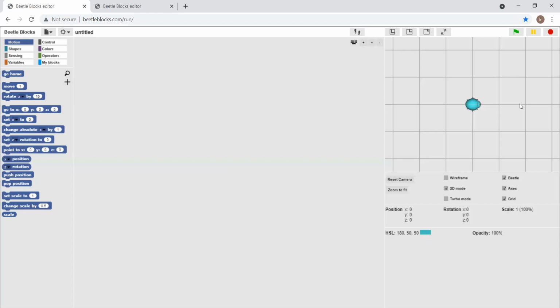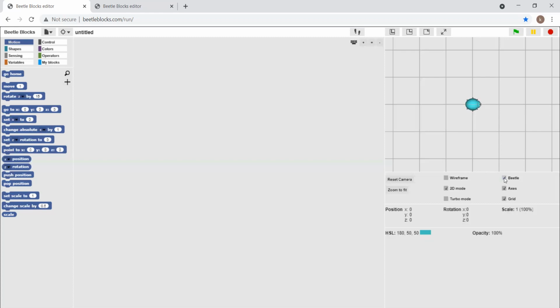It is also known as the results area, in which whatever code we have written in the programming area will produce the output, and here we mainly have the beetle. This is known as the beetle. We have an option to turn off the beetle by simply disabling this beetle checkbox. If we disable the checkbox, the beetle will be turned off. If we want the beetle back again, simply enable the checkbox.